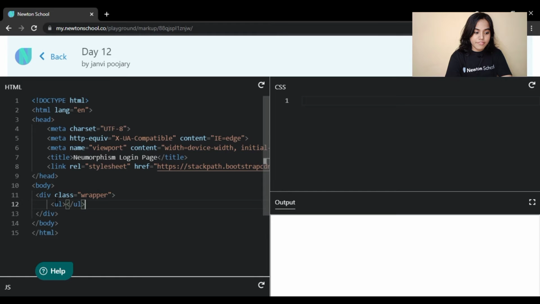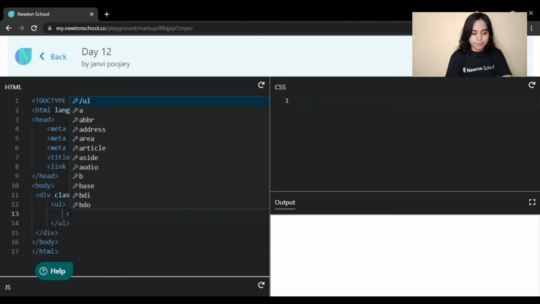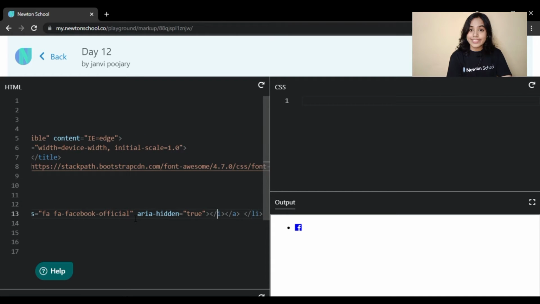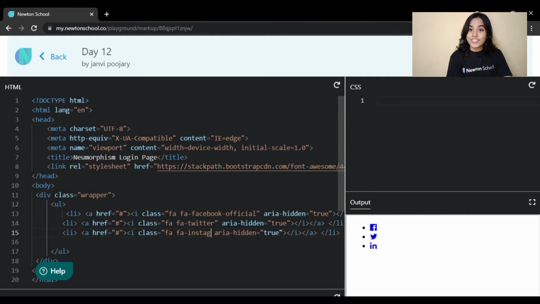Inside that UL, I will list all the icons inside the anchor tags, like this. Now, let's jump to the CSS part, my friends.